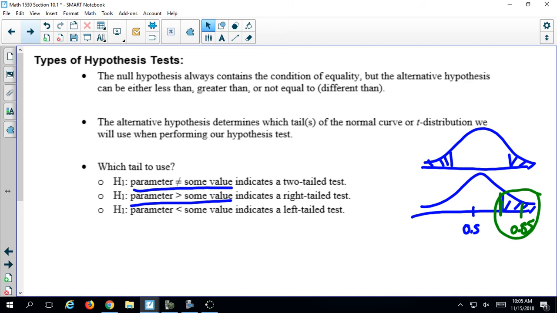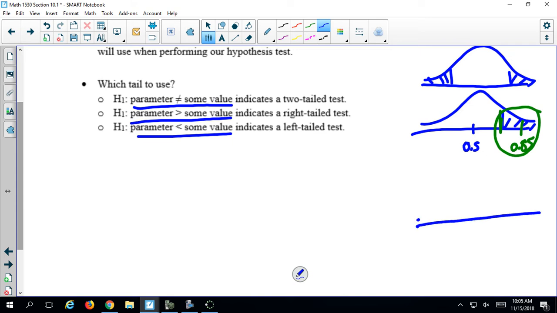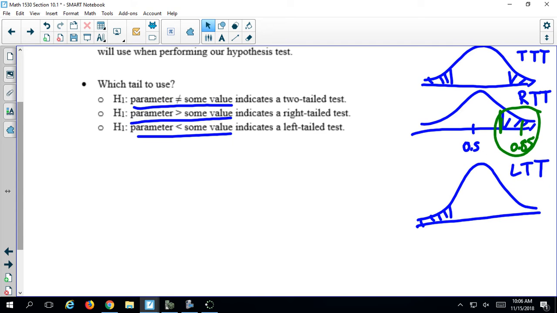And if we have a parameter that is less than some value, we use a left tail test, so we're going to pay attention to the left tail. So this is a two-tail test, right tail test, left tail test. So if our sample statistic, our sample mean or our sample proportion, falls in these tails,